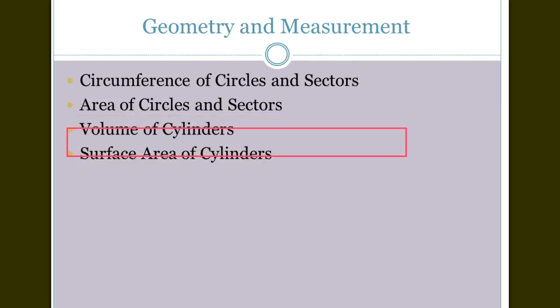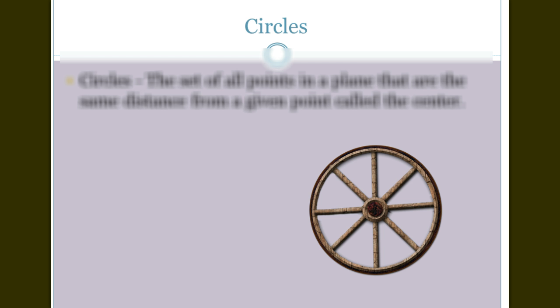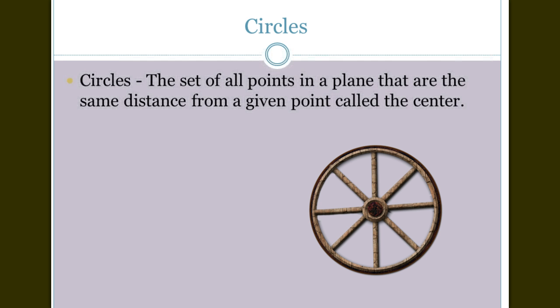Then we'll switch over to cylinders, and we have a formula for volume. And then when we tear a cylinder apart, we also have another formula for finding the surface area. So those are the four things that we hope to accomplish in this lesson. So let's get started. First of all, the circle definition for it is the set of all points in a